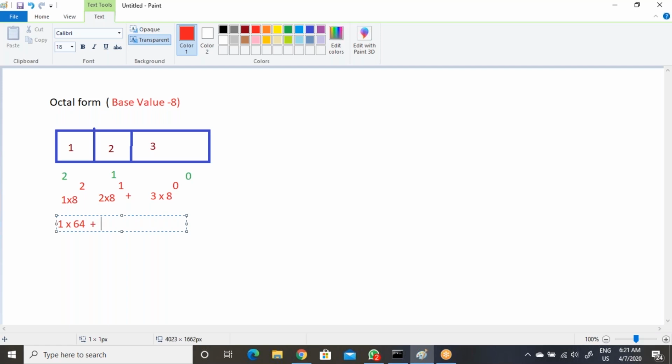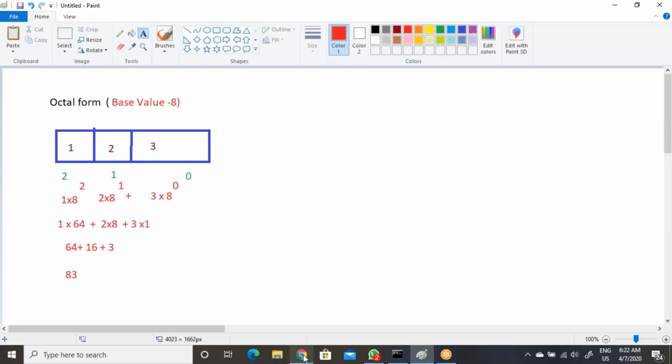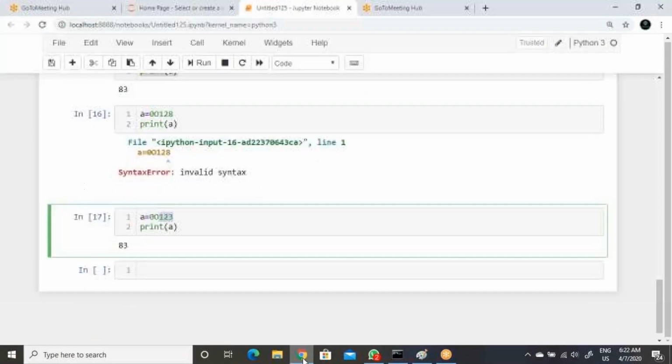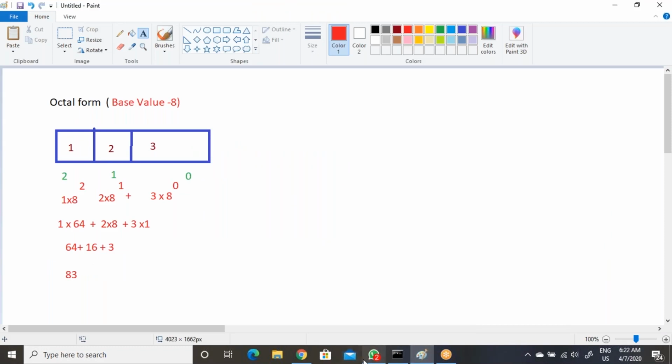So I hope how to get the 83 value is clear now, right? So I hope it's clear how to get octal form. Now we have hexadecimal form.